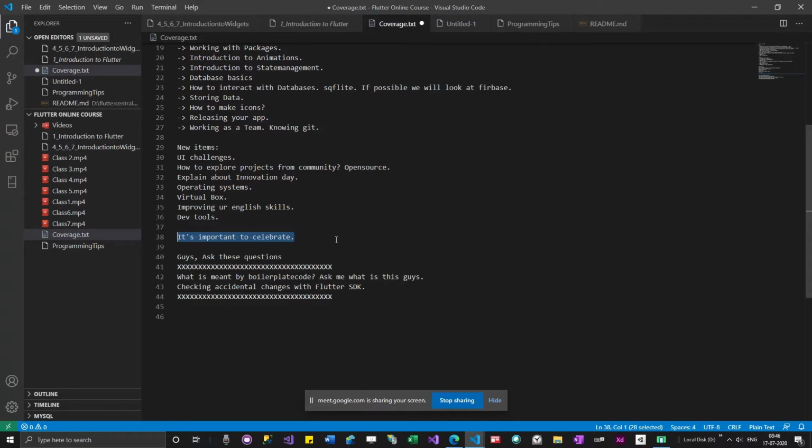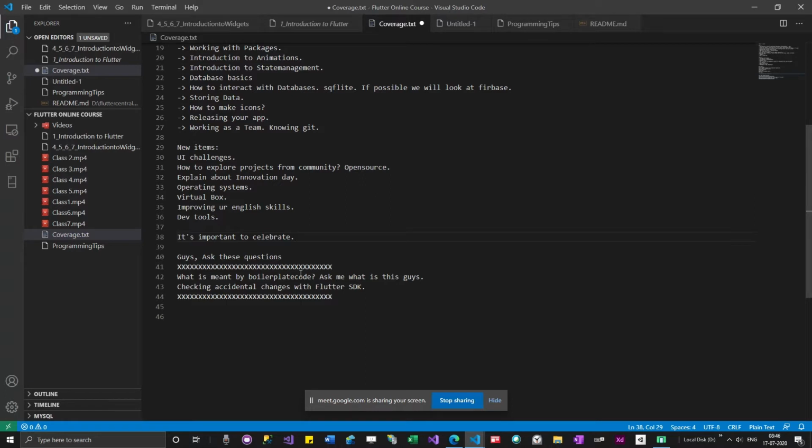Okay, so if you are writing a hello world program for the first time, don't think, oh, this is a very small thing. No, no, no. Writing a hello world program itself is a very huge achievement. In my classes you are learning only Flutter. Just imagine you have to learn Flutter, Java, and Python, and you are confused which one to go with. Your journey ends there. You are confused, all 4 years gone.